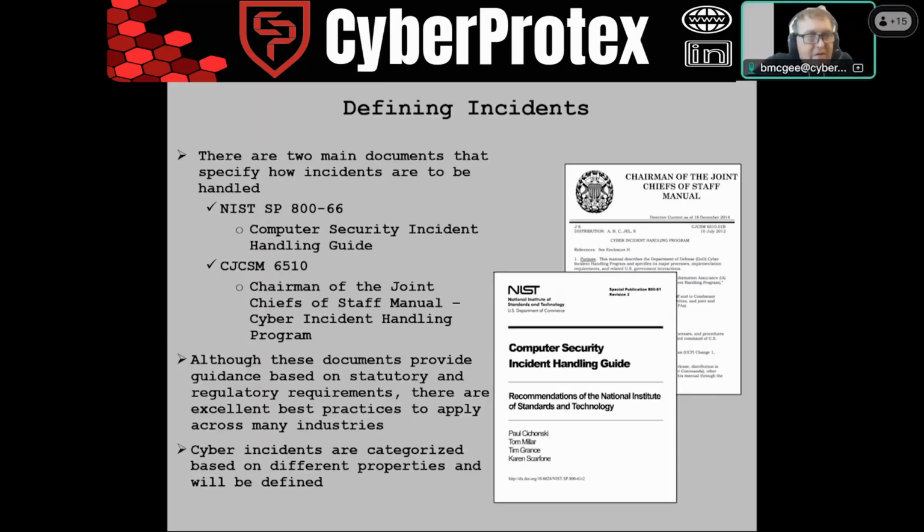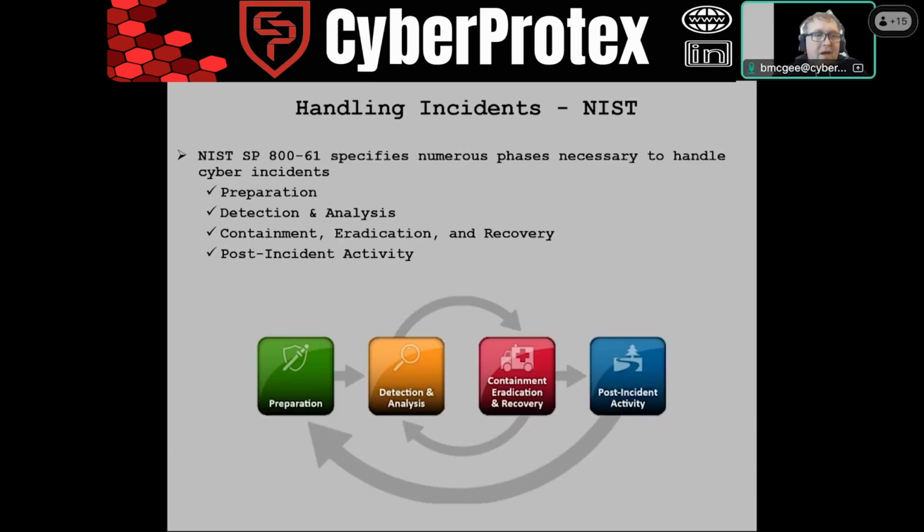Figure out how to respond to an incident. Our friends at NIST did a great job of putting us in a position to at least understand what the typical incident looks like, and hopefully respond to it accordingly. However, I can tell you just based off of experience that no two incidents are alike, and as much as we prepare for it,